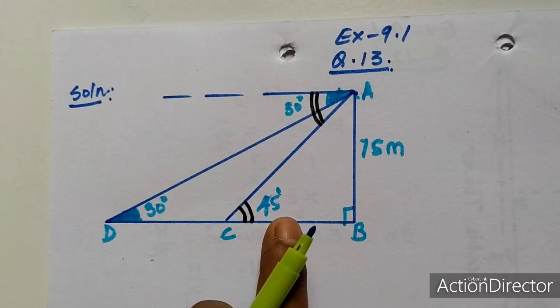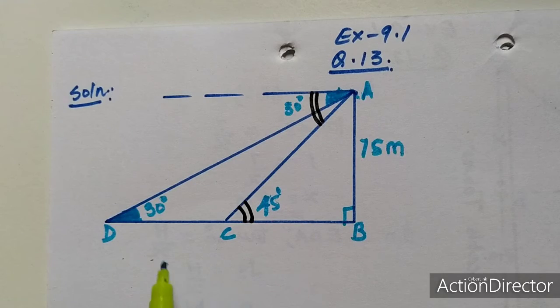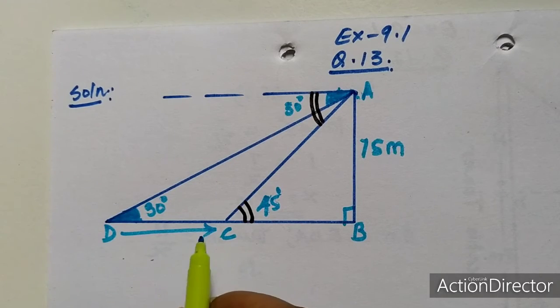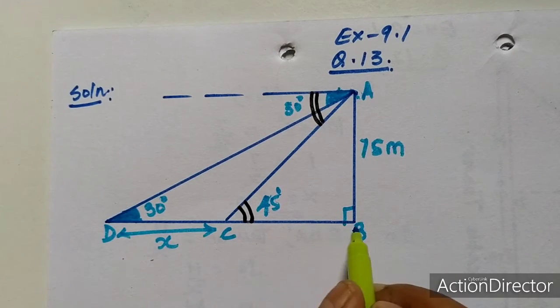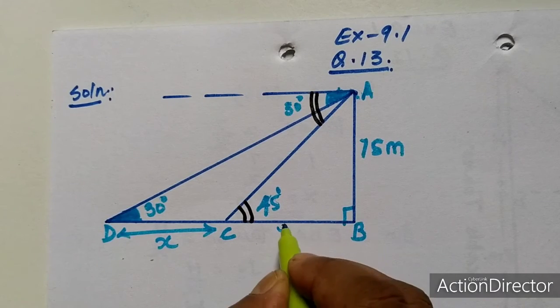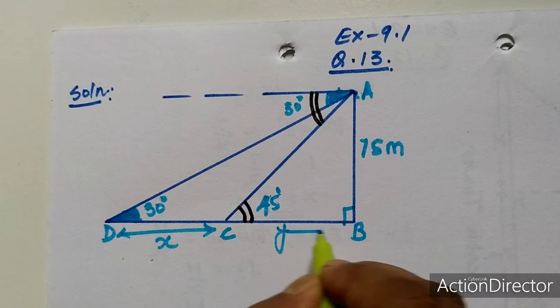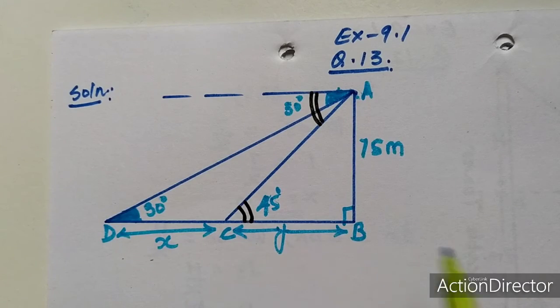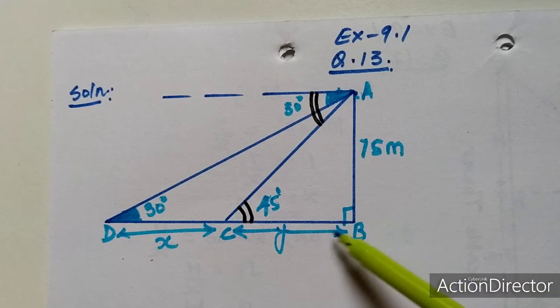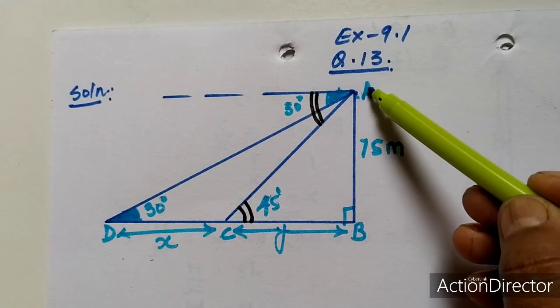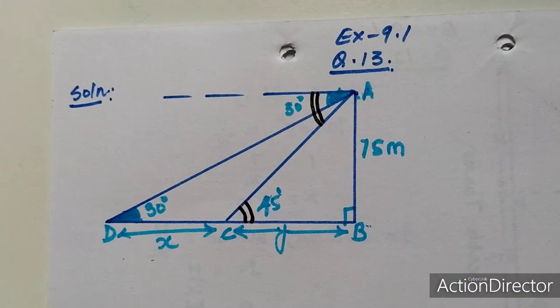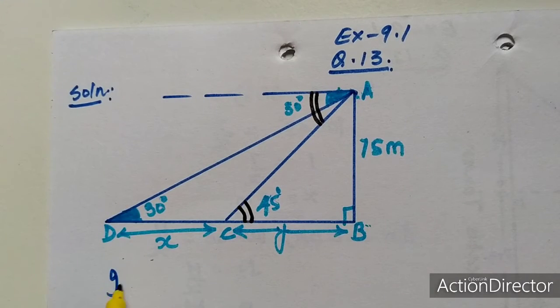So 30 degree and 45 degree as the angle of depression, and we have to find out the distance between these two ships. Let us suppose this is X. But we don't know the distance between C to B also. So let us suppose this is Y. Okay. After that, what we are going to take? First, we have to take right angle triangle ABC and second is ABD. So here, first of all, I am going to take triangle.